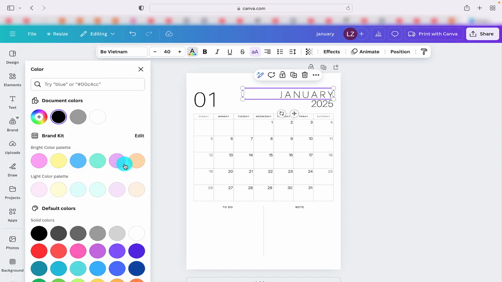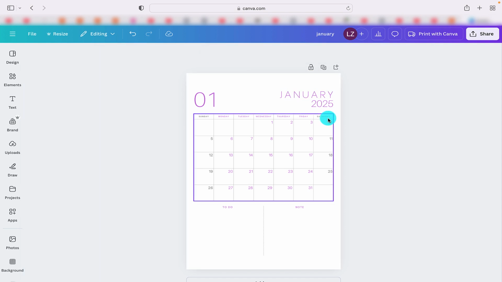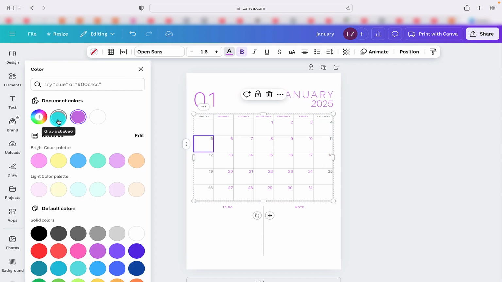The other option we have is once we've selected a colour, we can now see here at the bottom it says change all. So any other text in this document that is the same colour as January originally was will now change to purple. So we can click on change all, and as we can see now, multiple elements of the text in our design have changed to be the same purple colour. It hasn't changed the text colour for Saturday and Sunday because they are a different colour,